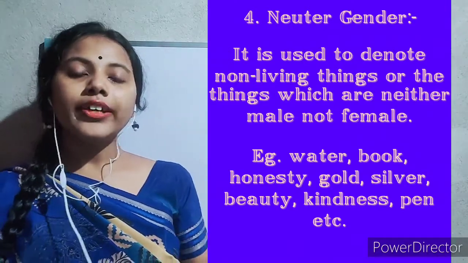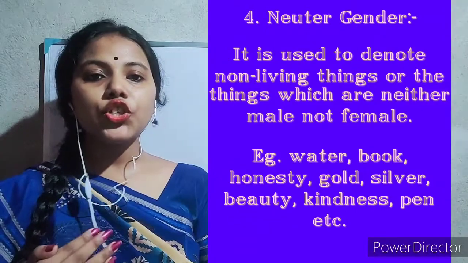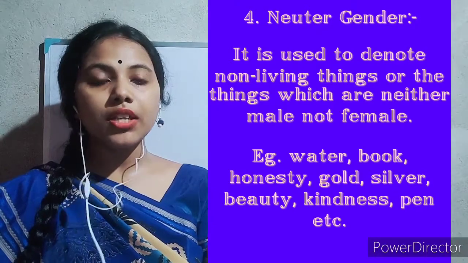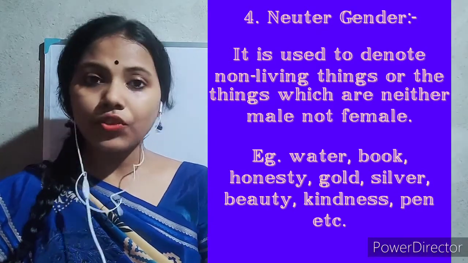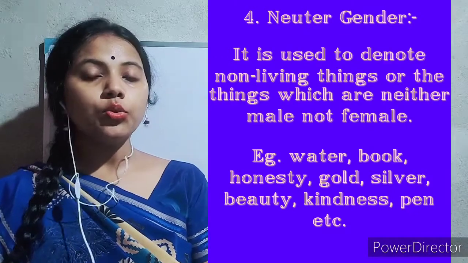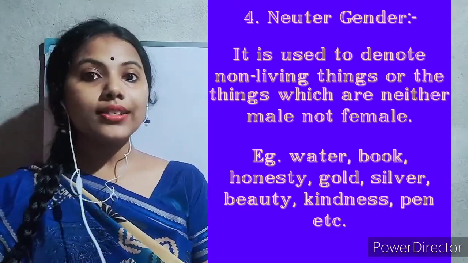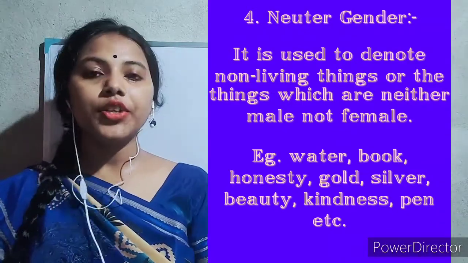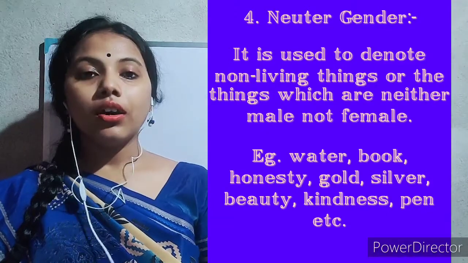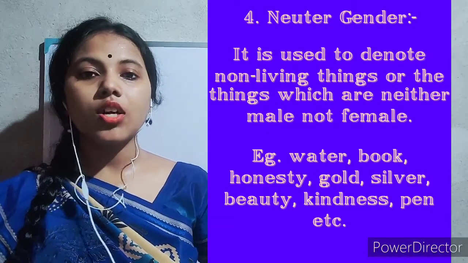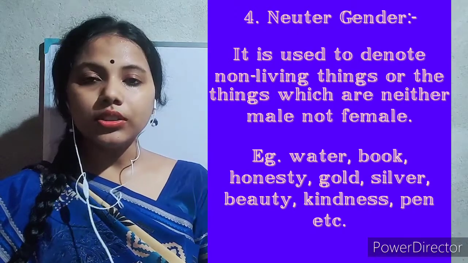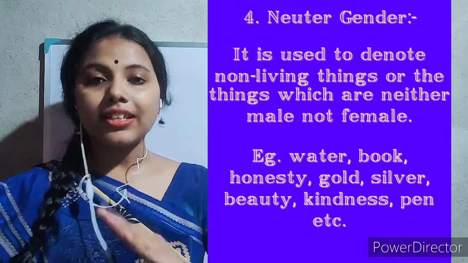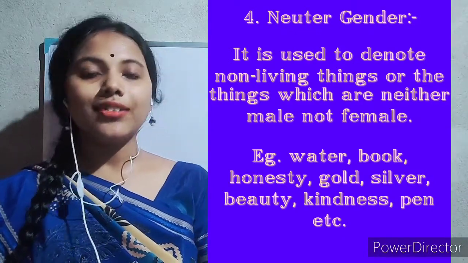And you know, already I have discussed the classification of nouns. So you know that there are 5 kinds of nouns like proper noun, common noun, collective noun, abstract noun and material noun. But neuter gender is used for material nouns as well as abstract nouns. Means the material nouns and abstract nouns come under neuter gender. When we say silver, when we say gold, milk, water, you see all these words, in all these words you cannot understand their gender, means whether that is male or female. So they come under neuter gender.